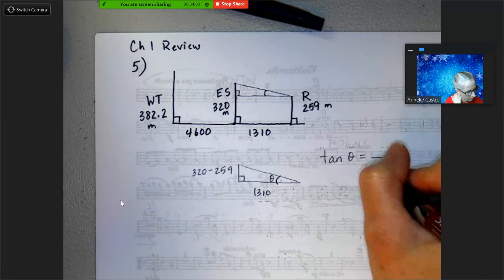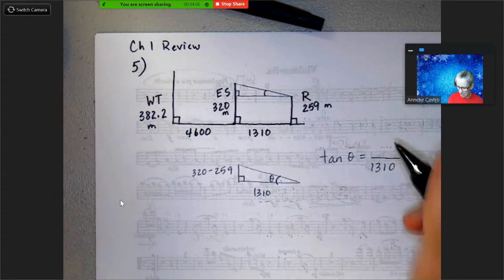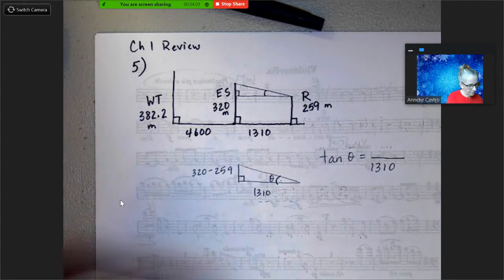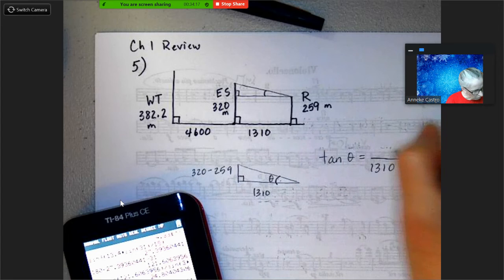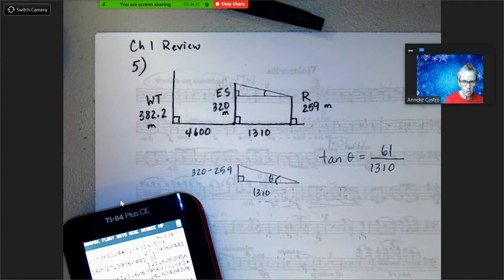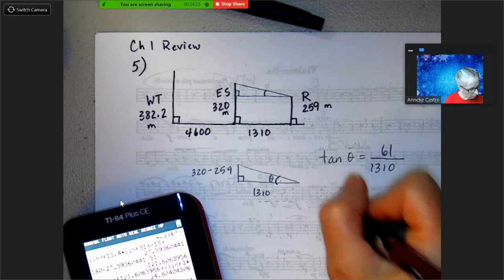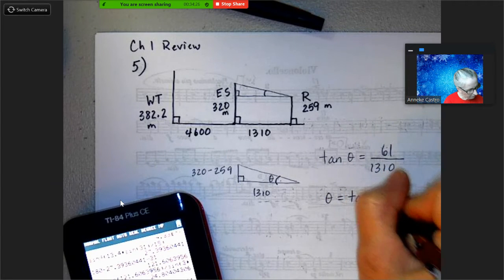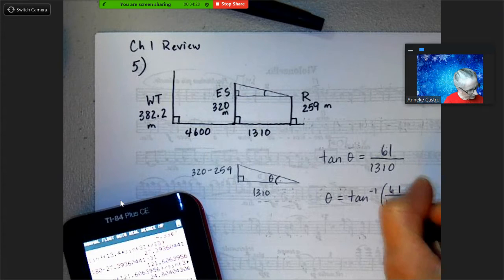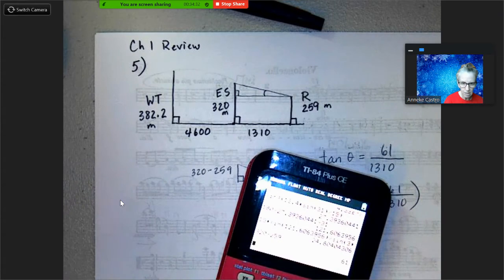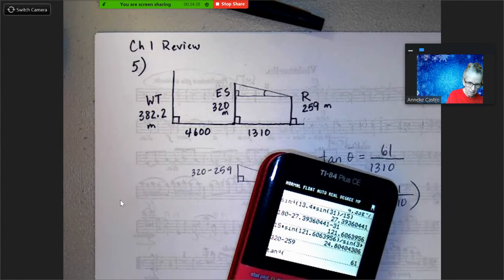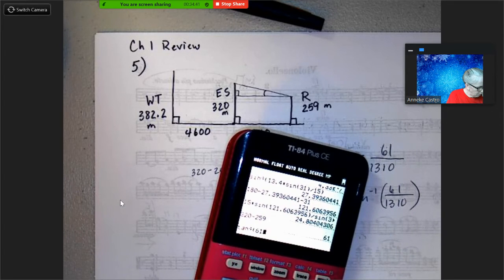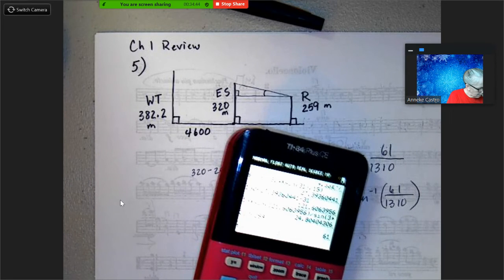TOA. Okay, so I'm going to have 1310 on the bottom. And let's go ahead and subtract 320 minus 259. And that gives me 61. So tangent of theta is equal to 61 over 1310. To get theta by itself, I'm going to use inverse tan of 61 over 1310. So on my calculator, which you probably can't see very well as usual, let's tilt it. Okay, so second tangent, and it was 61 divided by 1310. Enter, and I get